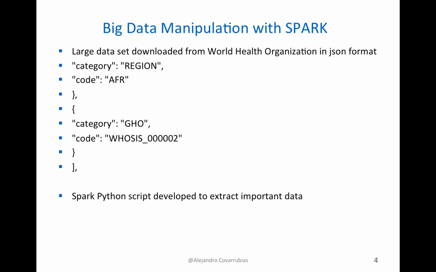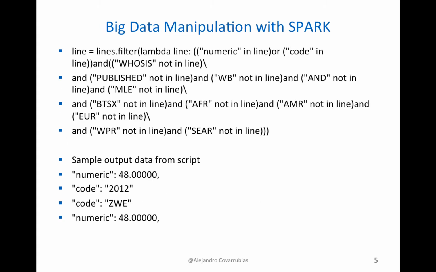We parse through this data and we remove all the undesired characters from that data. The way I achieved that, I developed this script, which is going to take the entire JSON file and parse through all the data, and filter out all the undesired characters. Or in this case, as you can see here, I'm actually filtering out all the undesired words and some undesired characters from this JSON file. And you can see down here that the sample output data